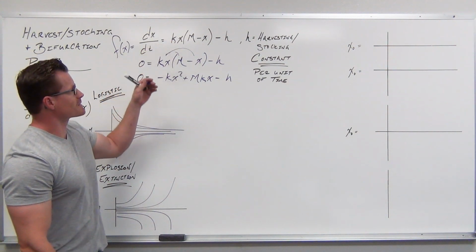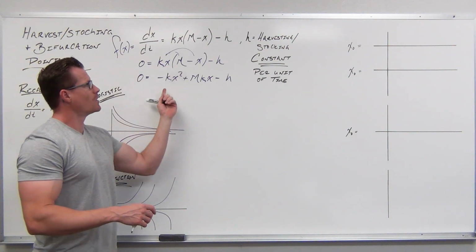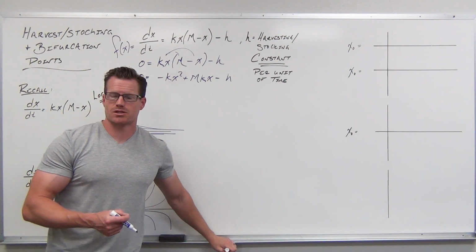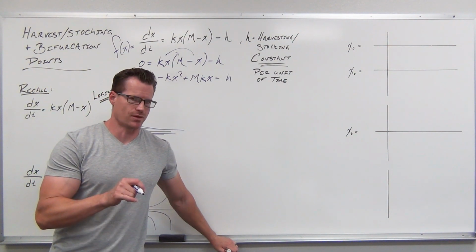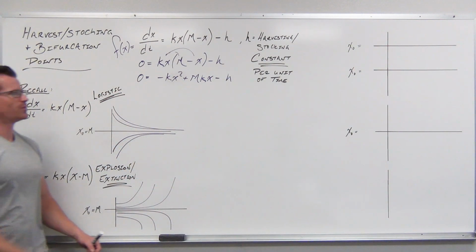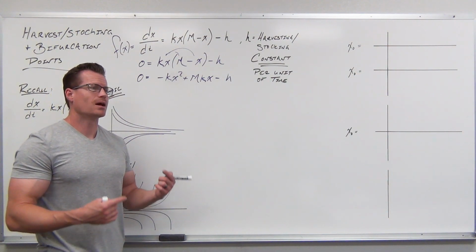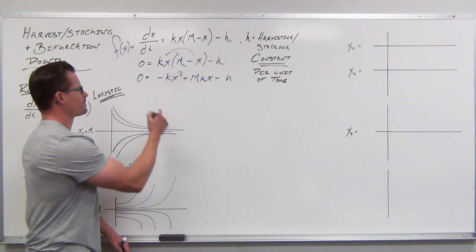So if we say, all right, this is a differential equation, it's logistic, but we're harvesting, and we distribute, we don't have something as easy to solve. That h starts messing with us. And so we go, well, I don't just have some very simple critical points that I can find with logistic. I'd have to do something more fancy. Let's do the quadratic formula